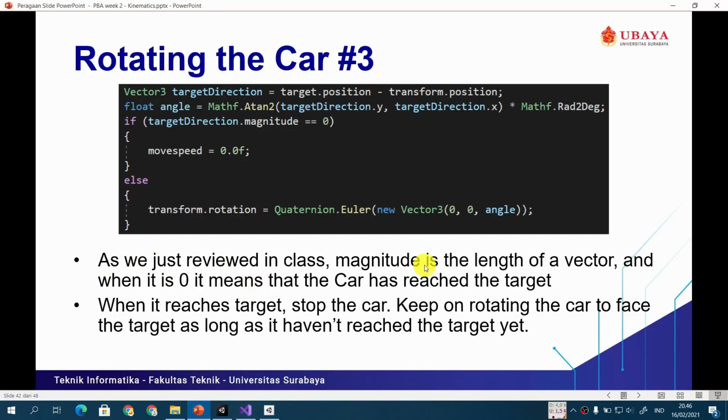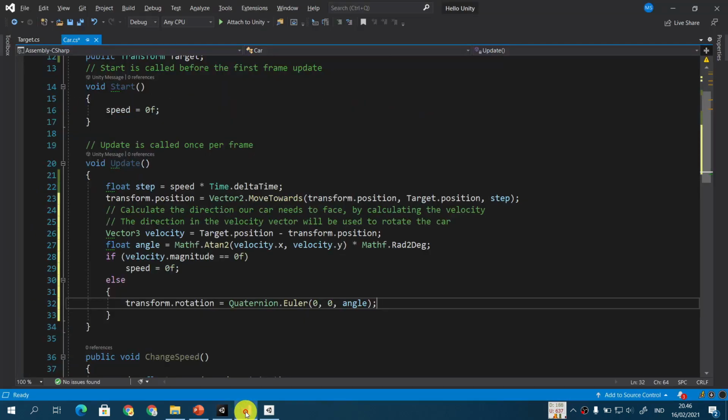Okay, as we just reviewed, the magnitude is the length of a vector. When it is 0, it means that the car has reached the target. So when our car reaches the target, stop the car. But just keep on rotating the car to face the target as long as it hasn't reached the target yet. That's why we have the else part here. Okay, let's save the car script and then let's try it